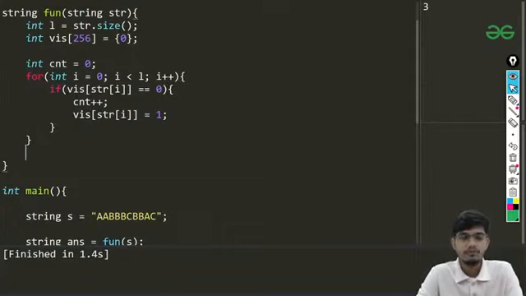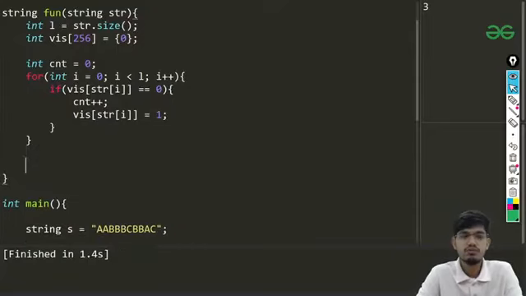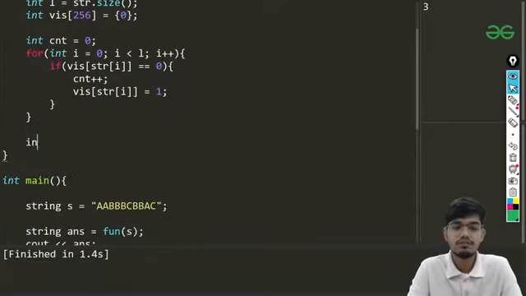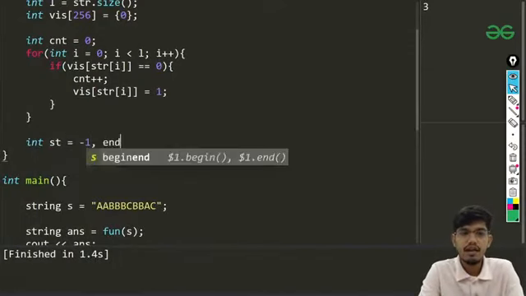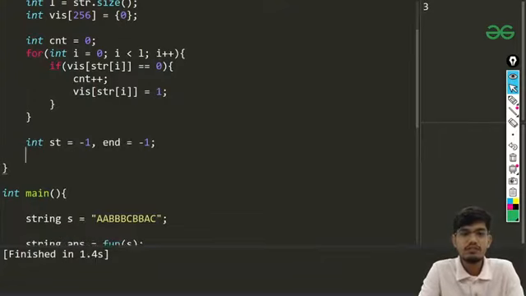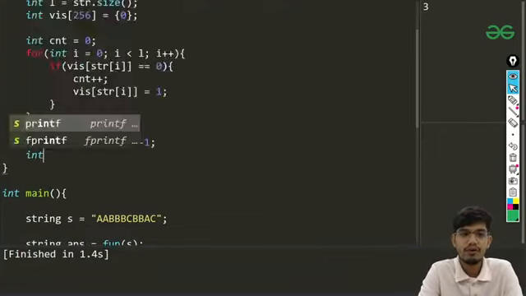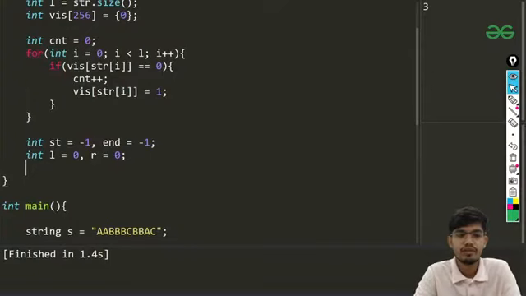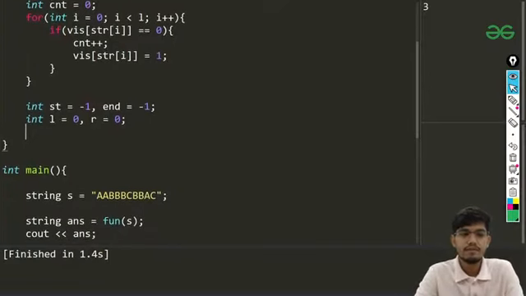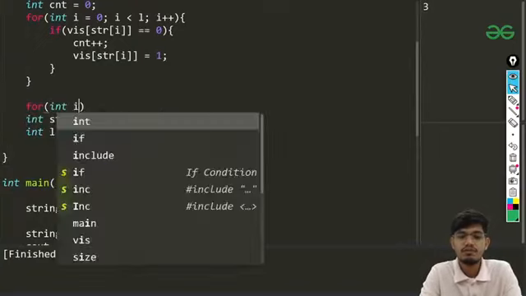And what we want to do is, once we get that we just need to run our loop. So I'll be storing some positions, so I'll be writing start equals to -1 and end equals to -1 initially. I'll also be maintaining left and right pointers for the 2-pointer approach, so left equals to 0 and right is also equals to 0 initially. Okay, so first thing is that I'll be again making a visited array. Okay, first thing I'll be just using the same visited array, so I'll be just looping into that.